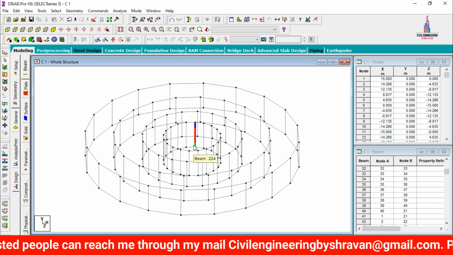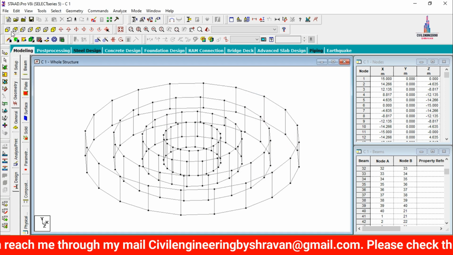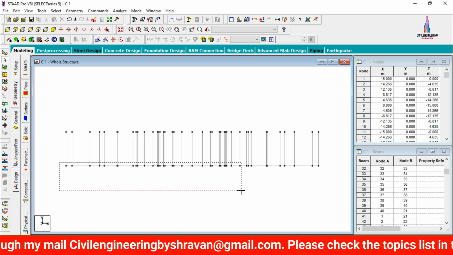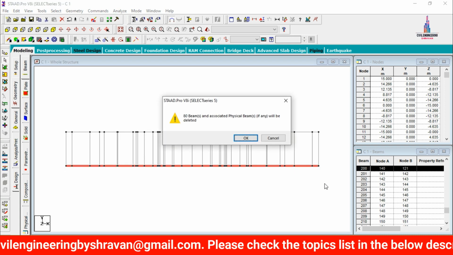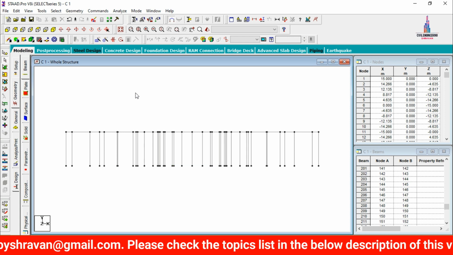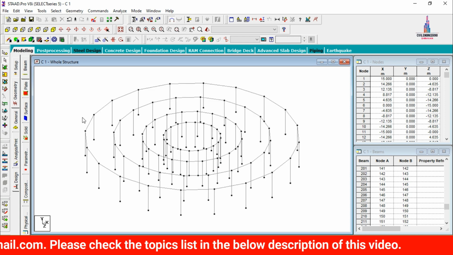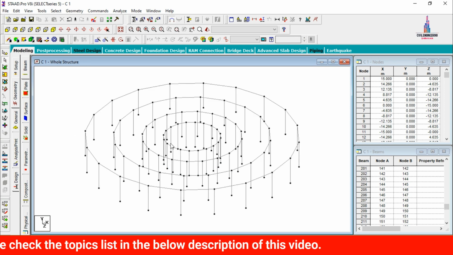So after copying all these respective circular shapes, we need to keep the structure in front view initially, and you have to select all the beam sections at the base. Click on delete option, click on S. So after that we have to click on 3D view. Now we have to add the beam section for this respected model.